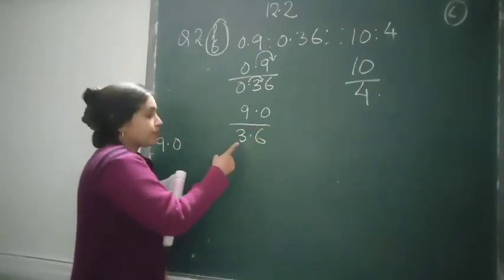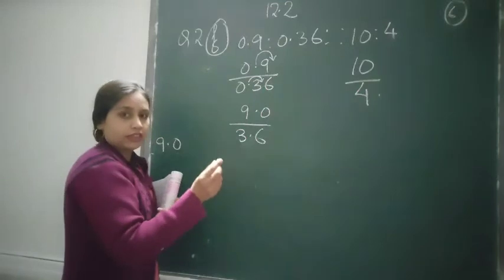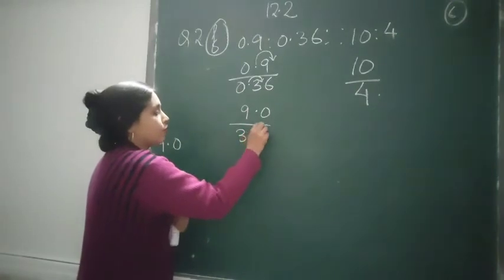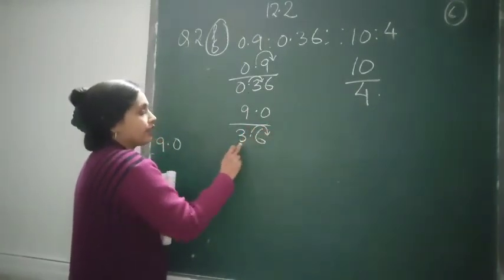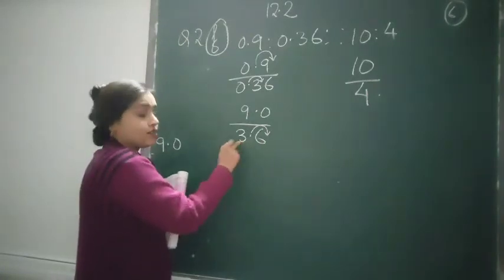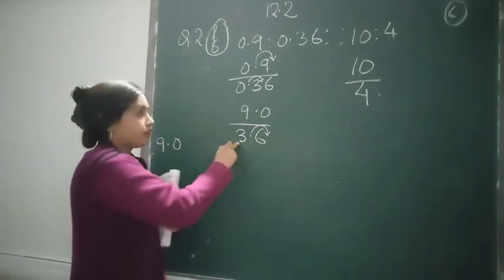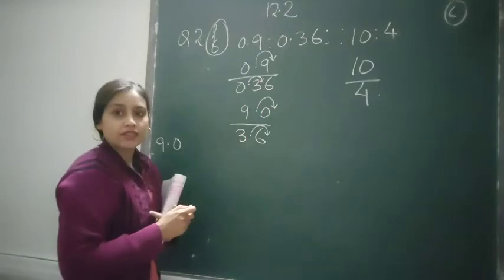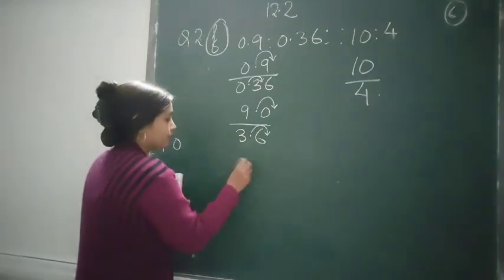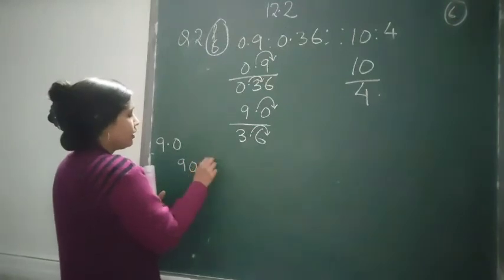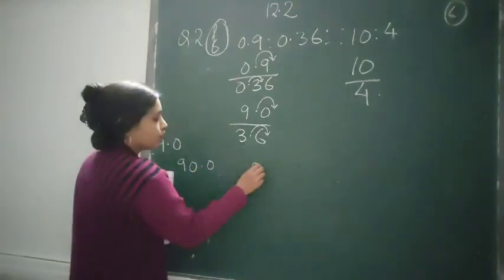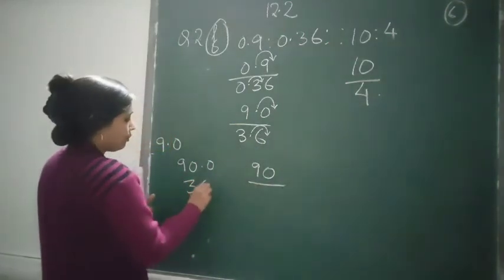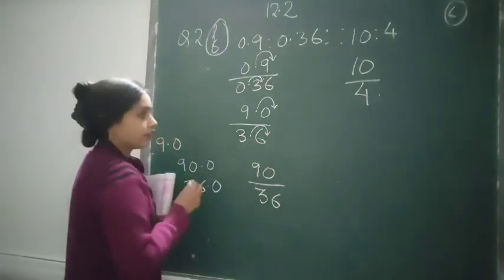That means you have not removed the decimal, so that it becomes easy for you to divide. So what to do? We'll shift one more place the decimal and it comes out to be 36.0. Now since we are shifting it in the denominator, children, we need to shift it in the numerator also. So what will it become? It will become 90.0, which we can write only 90. And here 3.6 becomes 36.0. So we write only 36.